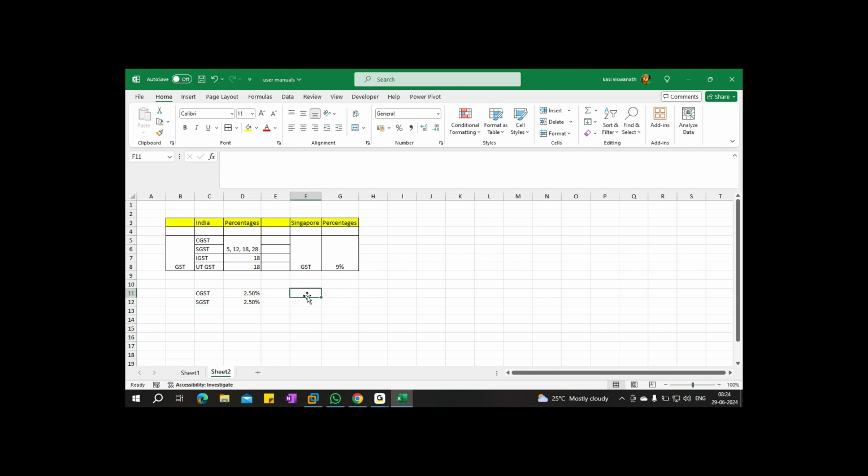But for Singapore, GST purchase 9%, GST sales 9%. So observe, both are GST only. The entire architecture is GST. But in India, we have different percentages, and Singapore maintains different percentages. For purchase, they maintain 9%. For sale, they maintain 9%.